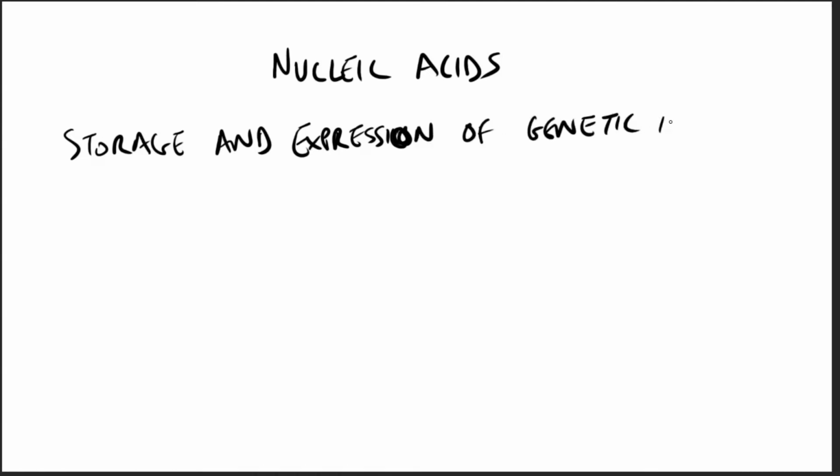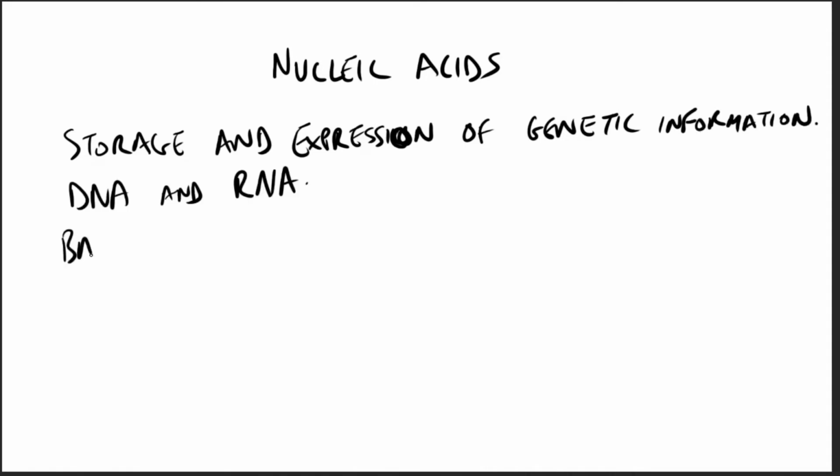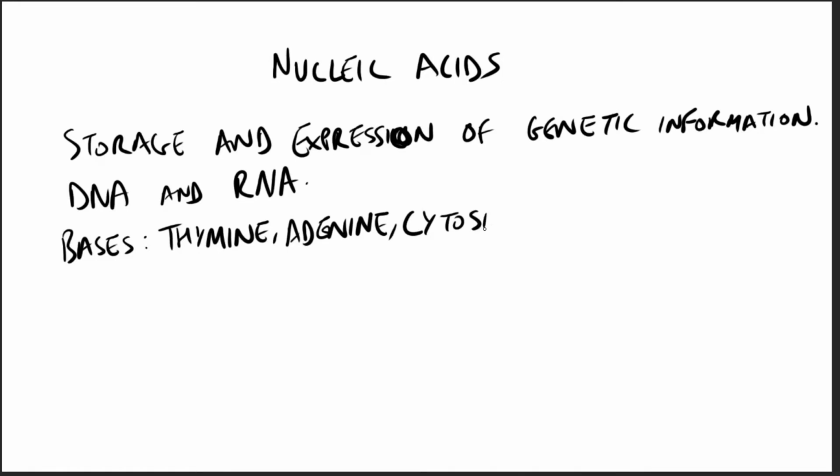The bases, so there are 4 types of bases in DNA and 4 in RNA, but there is only one difference. So the bases are thymine, adenine, cytosine, guanine, and uracil. So thymine, adenine, cytosine, and guanine are in DNA, and the same are in RNA except that the thymine is replaced with uracil. The bonding is called complementary base pairing, in that adenine only binds with thymine,